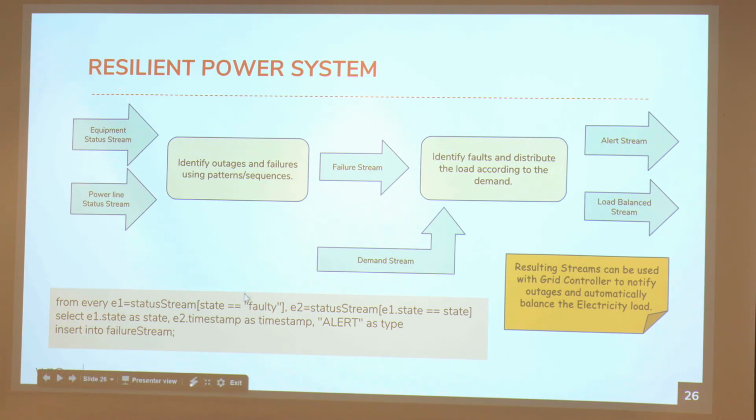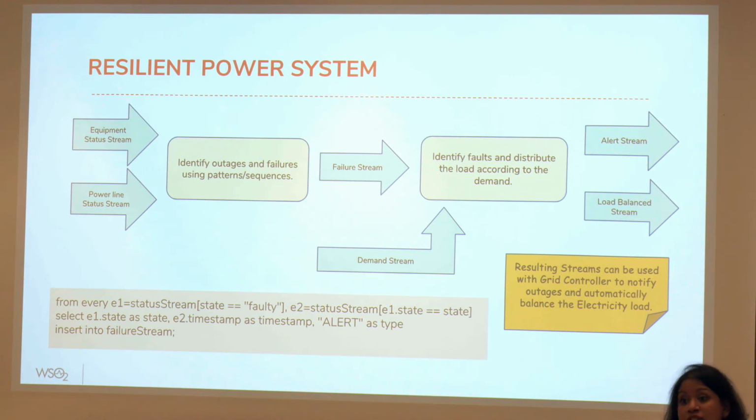So I've just used a different type of query here. In that fraud detection example, you saw a pattern where we had one event followed by another event, and I had put an arrow there. In this one, I have something similar but slightly different. From every E1 event, which has a state of faulty, which comes to the status stream, comma, followed by another event, which has the same state. So basically the comma indicates, in this real-time streaming query language,